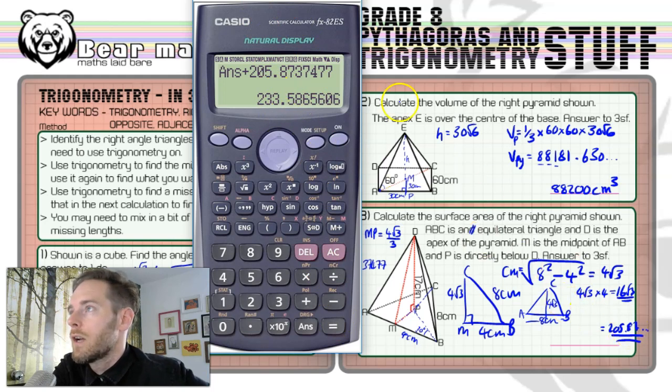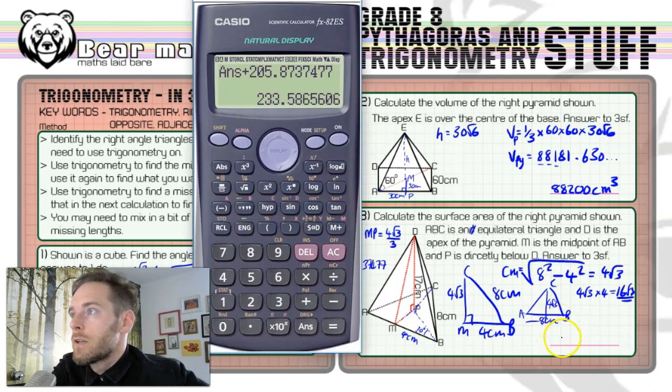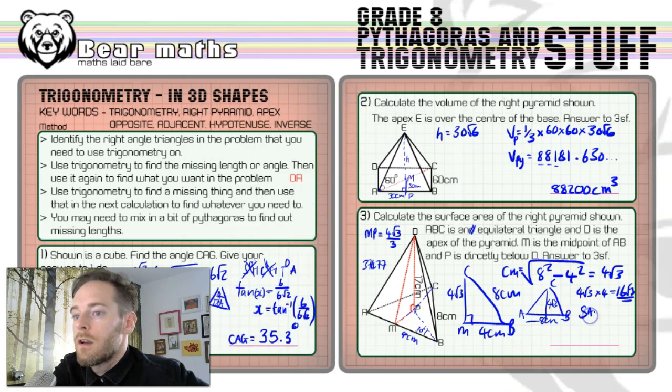And then you've got the answer. So we've got the final answer of 233.586. So surface area equals 233.586, and then to 3 significant figures, 1, 2, 3,